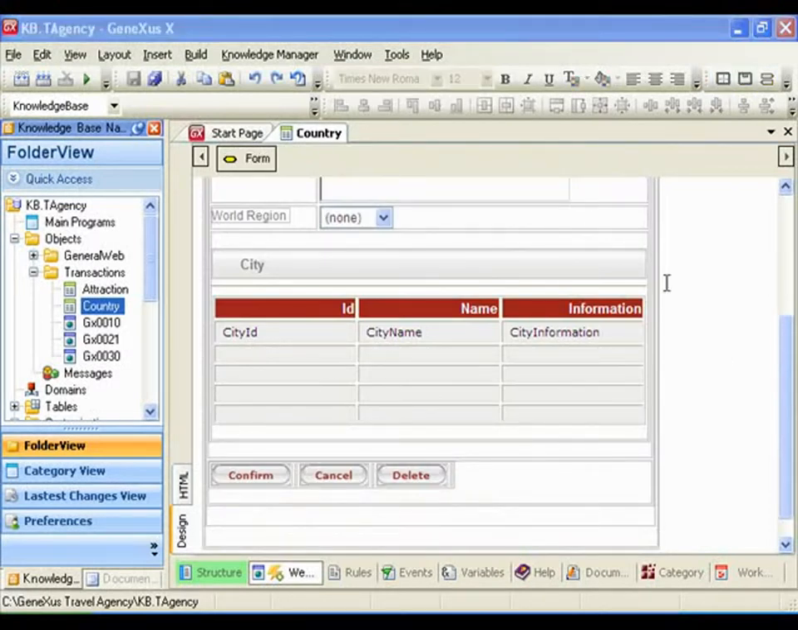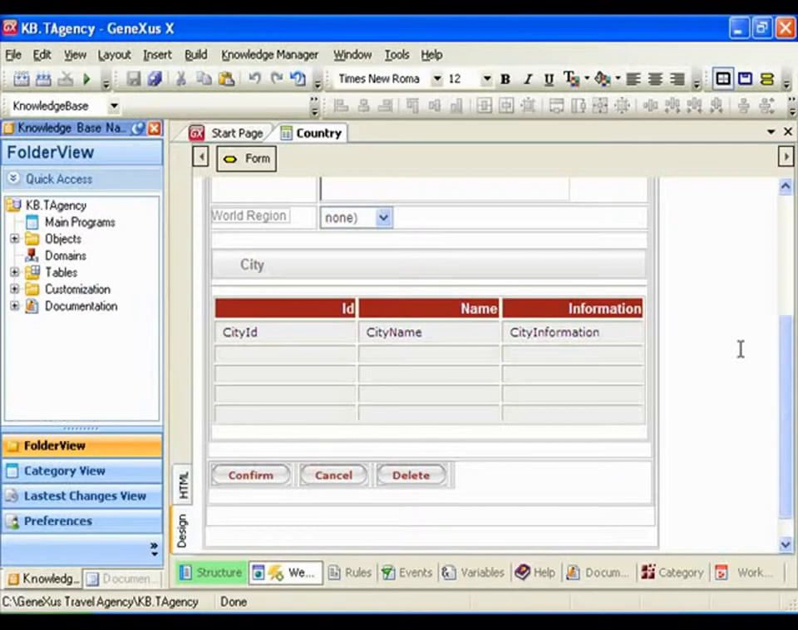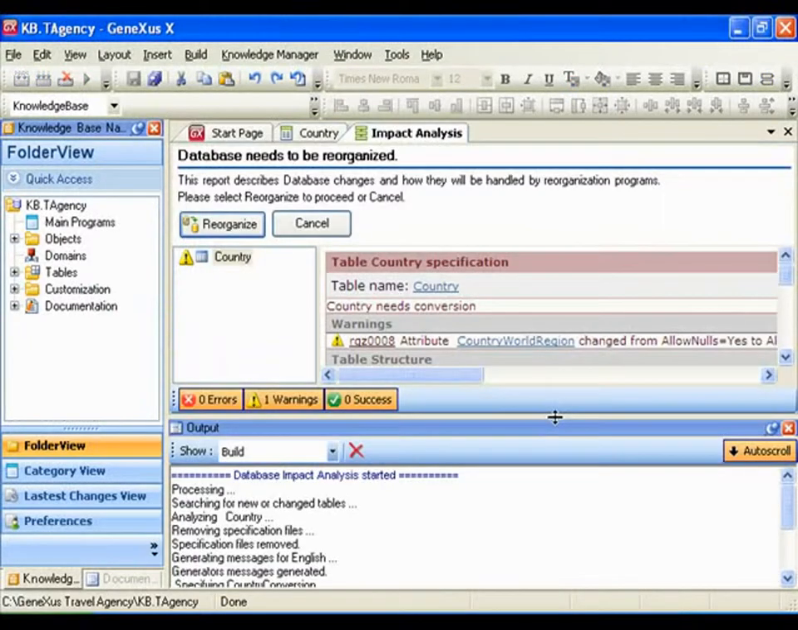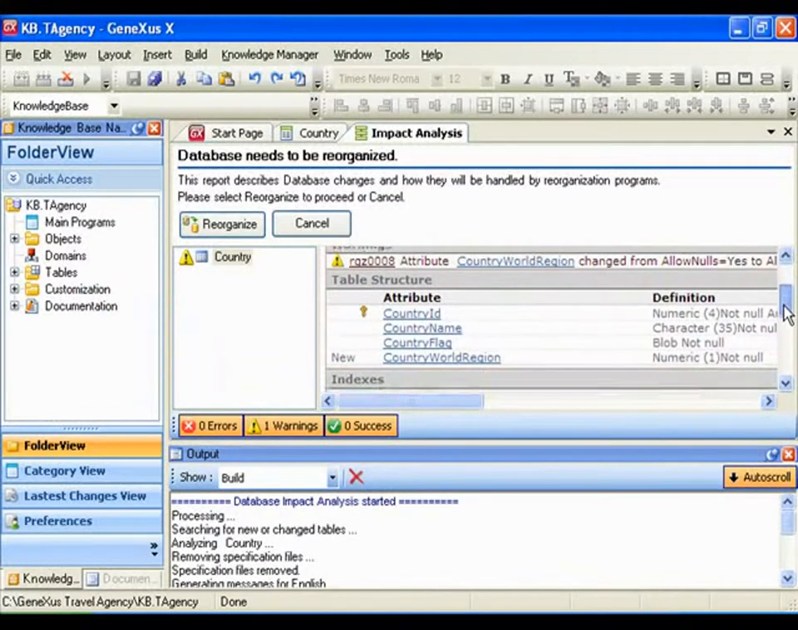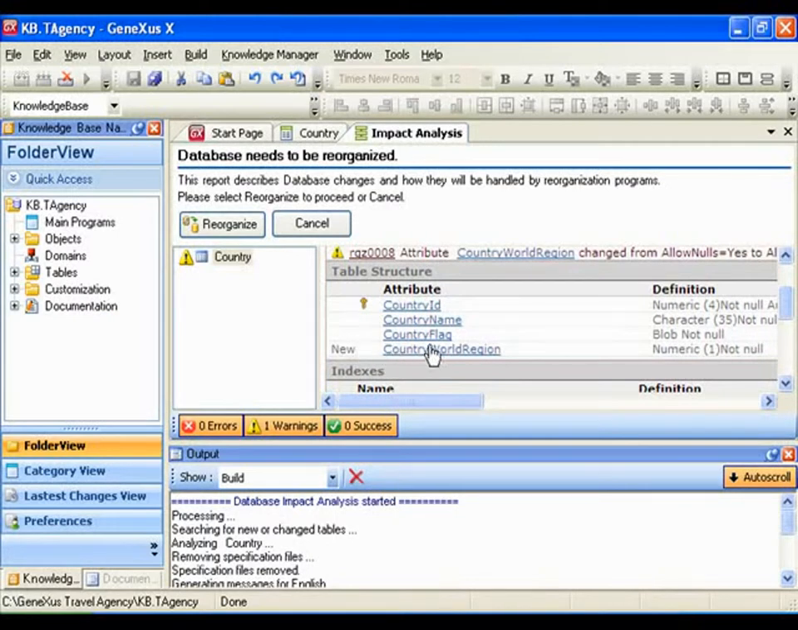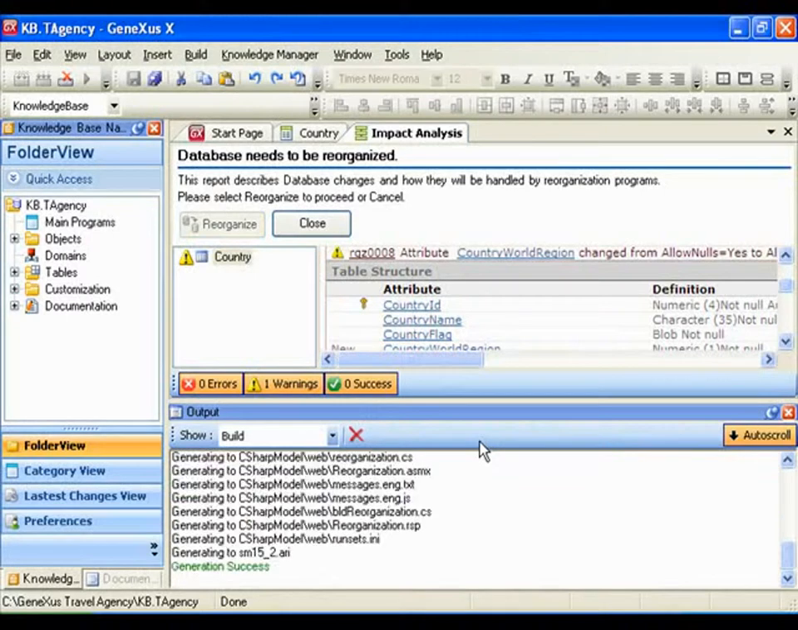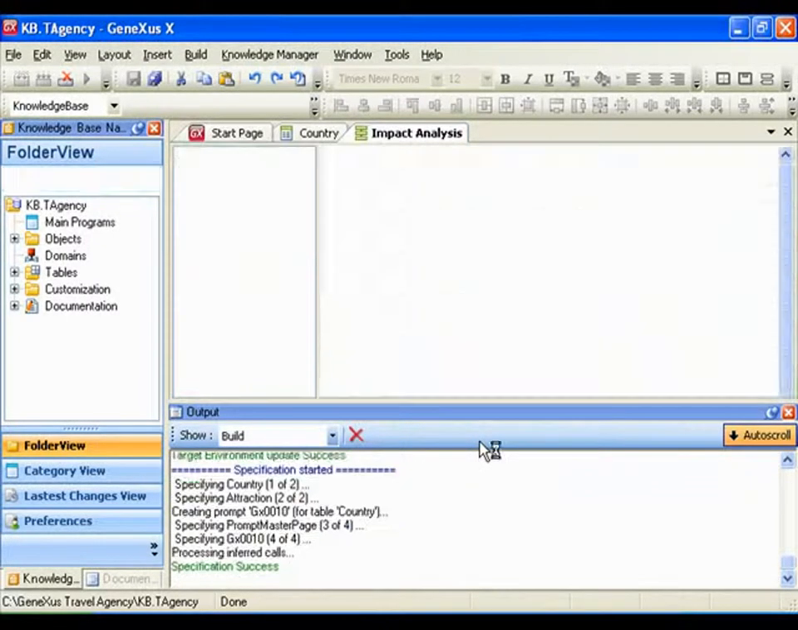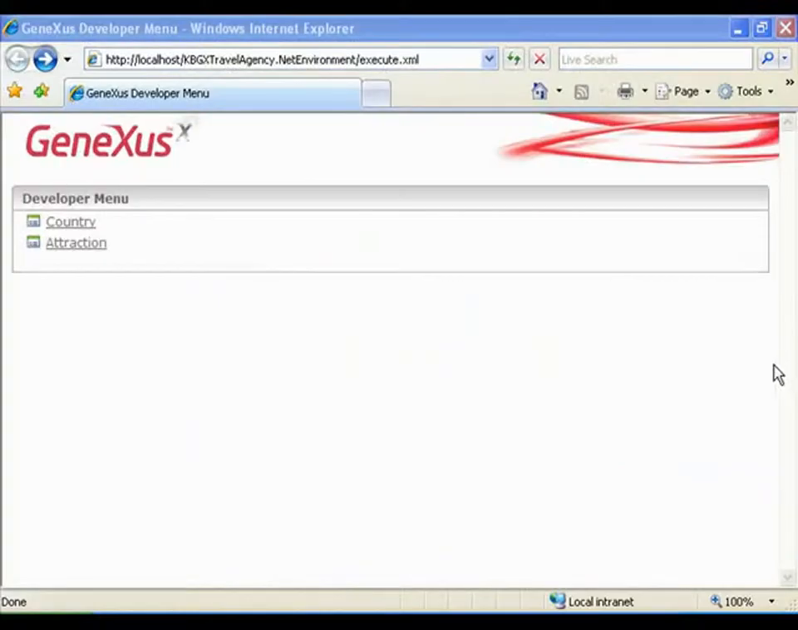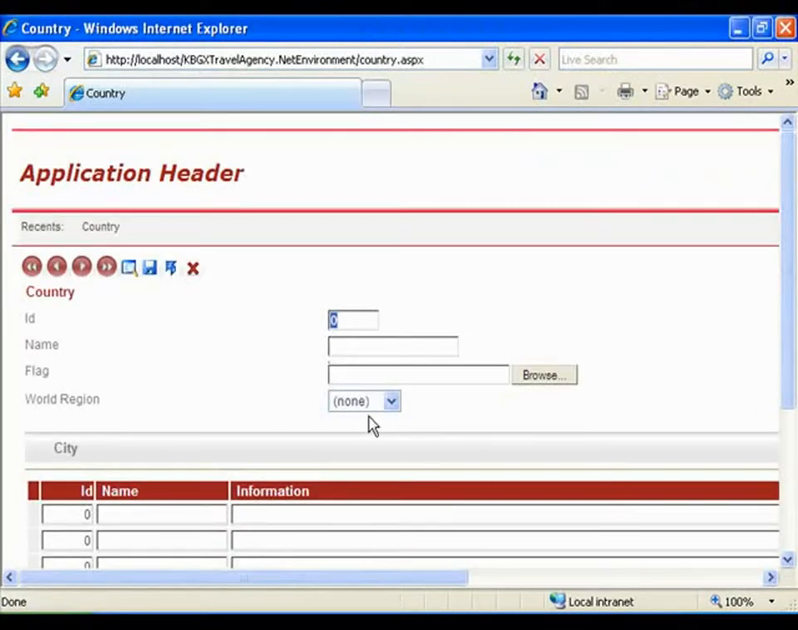We have added a new attribute to the country transaction and modified the auto number property of the country ID attribute. If we press F5 again, a reorganization will take place because the change we made will cause physical changes within the database. So I press F5, the impact analysis report shows us that we have a new attribute in the country table. So let's continue reorganizing. And our developer menu is run again. If we open our country transaction, we'll see that the appearance of this attribute has changed, and it's displaying the